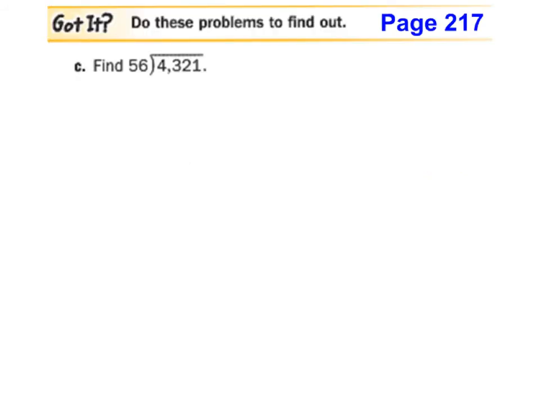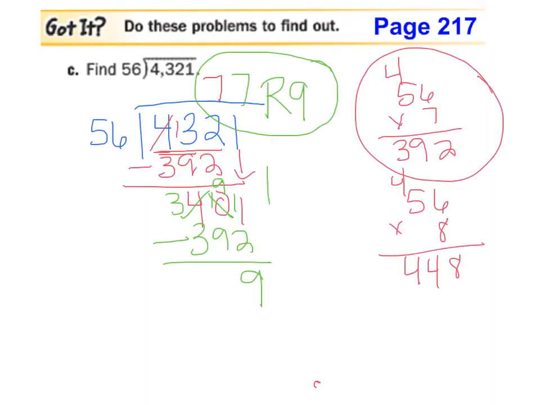I'm going to rewrite it so that there's a little more space for me and my pen to do the writing here. So I take the dividend, 4,321, goes inside the division symbol, 56, the divisor, on the outside. Now we go through all the steps. Divide, multiply, subtract, bring down. So I check 56. Does it go into 4? No. 43? No. So we have to look at